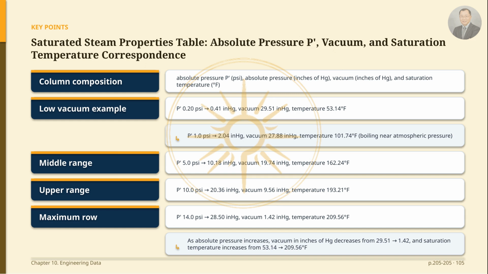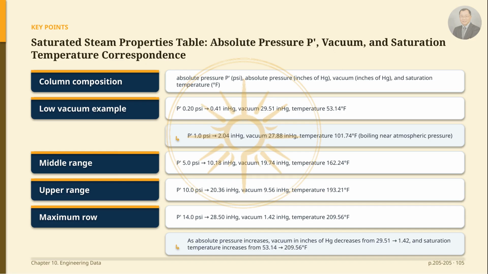When P' becomes 1 psi, the absolute pressure is 2.04 inches Hg, the vacuum is 27.88 inches Hg, and the temperature is 101.74 degrees Fahrenheit, which is close to the boiling condition near atmosphere pressure. In the middle range at P' 5.0 psi, it shows an absolute pressure of 10.18 inches Hg, a vacuum of 19.74 inches Hg, and a temperature of